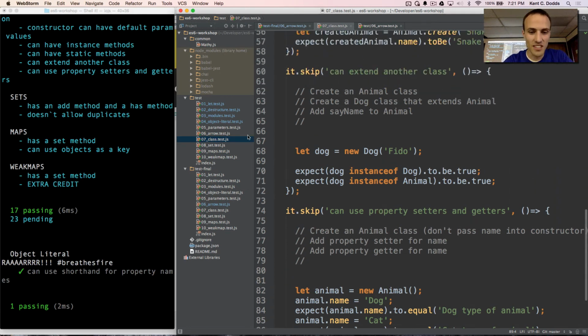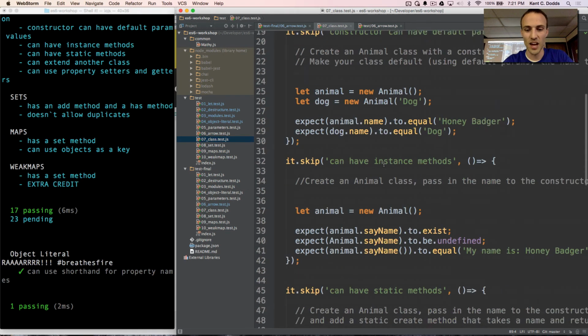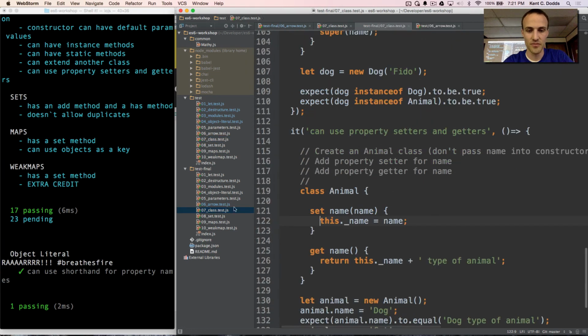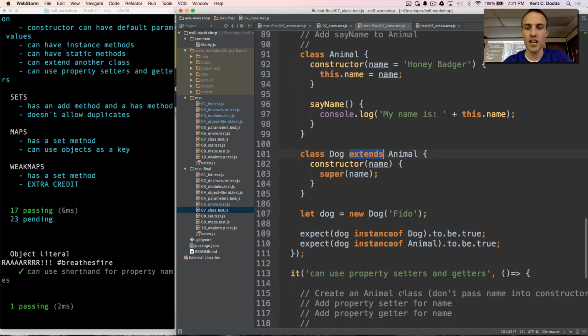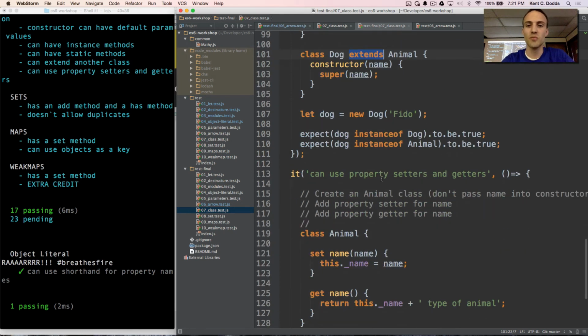But you can do classes. Classes are cool. The one thing that I would caution you against is this word right here. This is why lots of JavaScript developers are like, don't bring classes to my language. It's because of extends. Extends is really cool, but it's really not cool if you do it a lot.